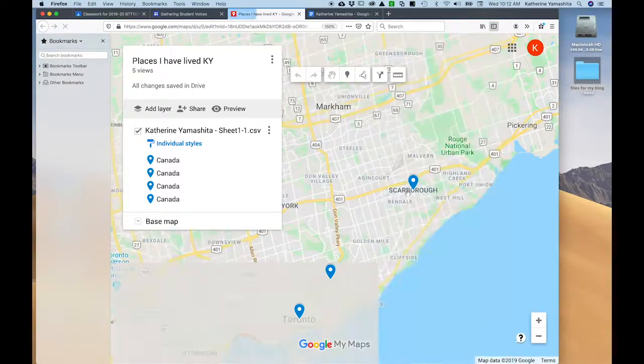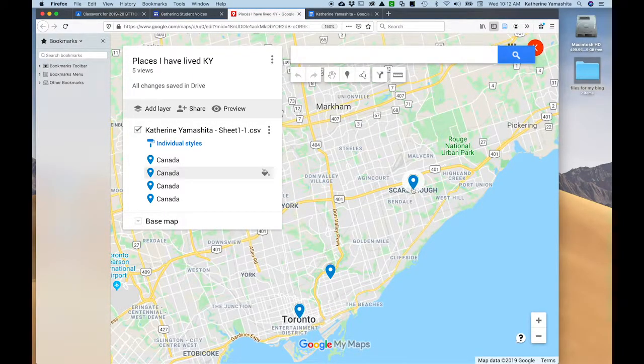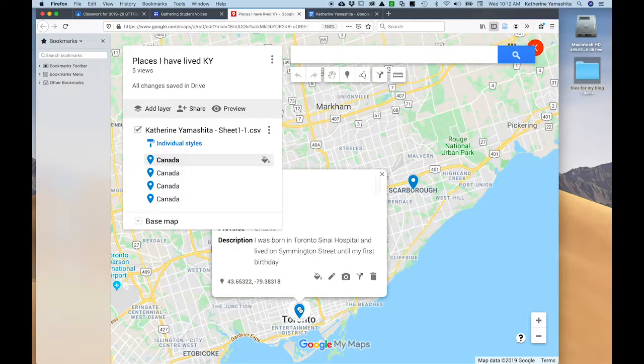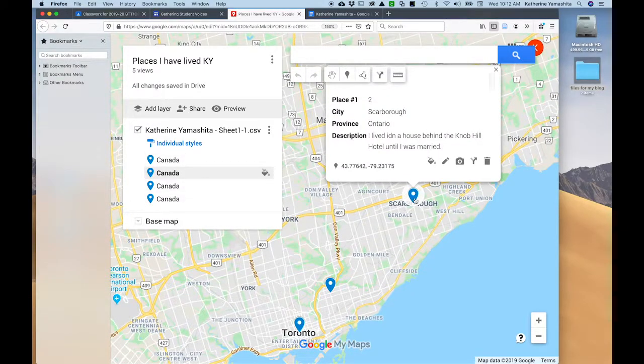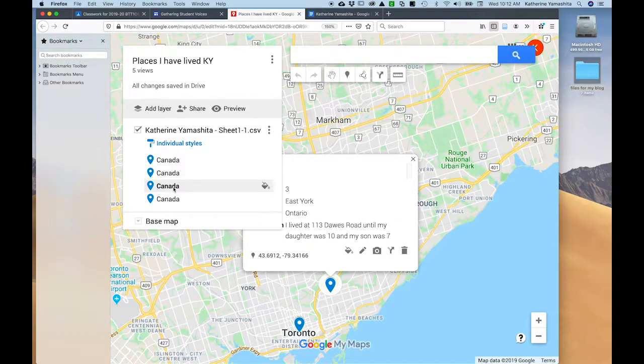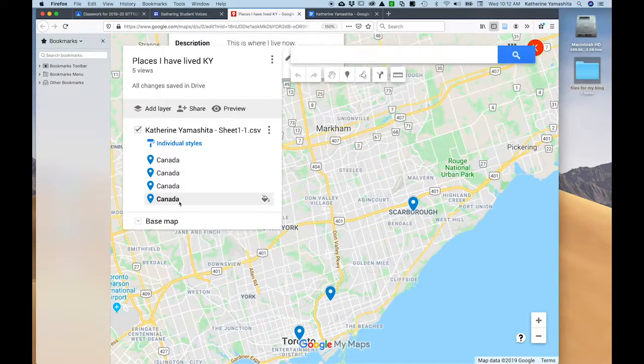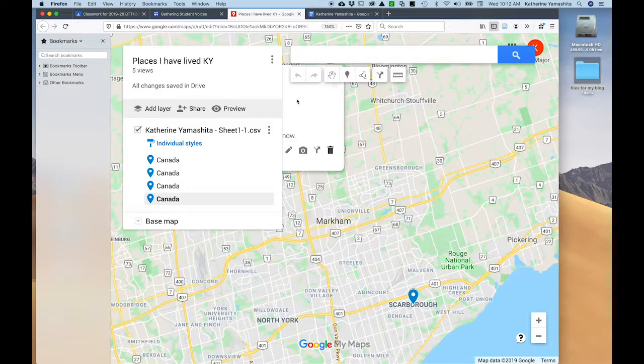And you can see that the only place that I've lived is in the city of Toronto. So here this is when I was in Scarborough. I think I was born in Mount Sinai, so that's there. You can go to the next place, which is in Scarborough, right here. The next place is in East York here, and the last place is where I live now, which is behind,